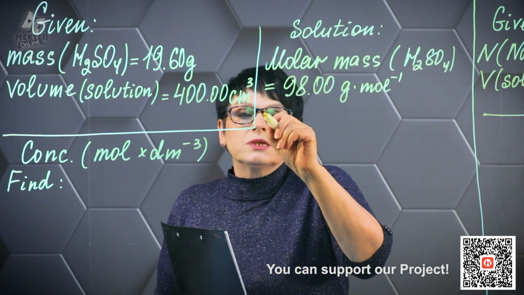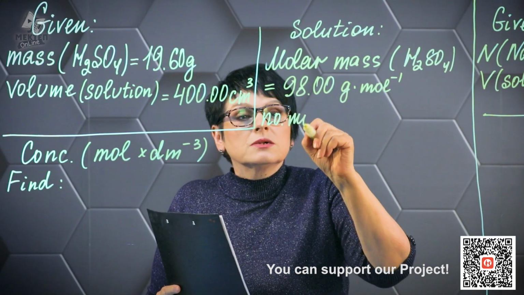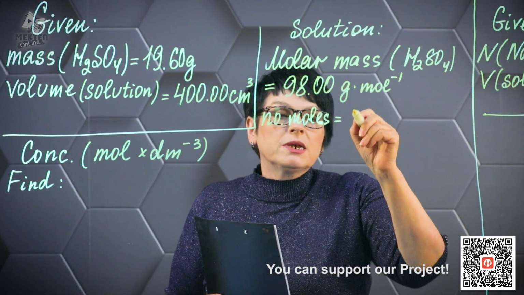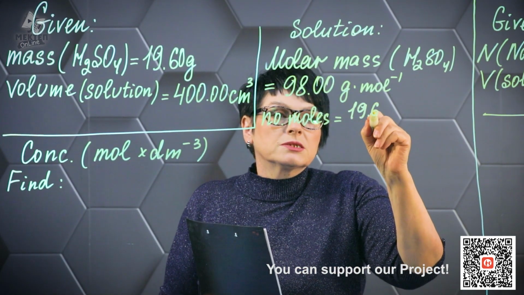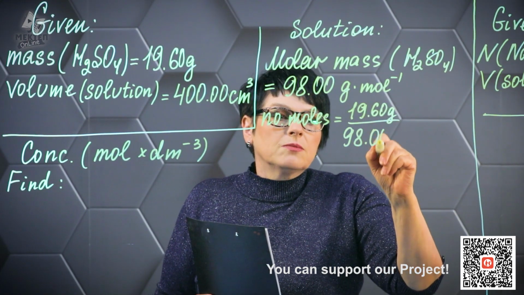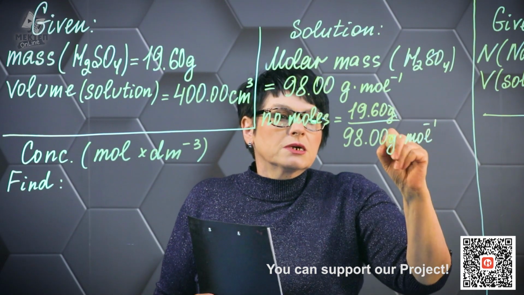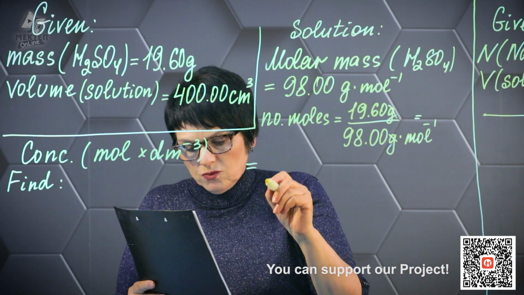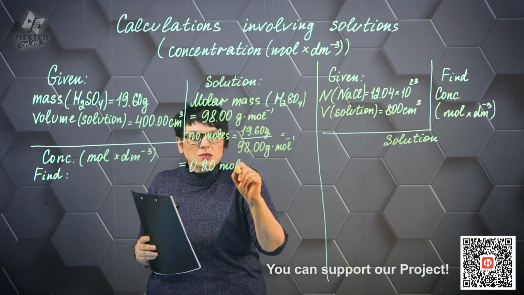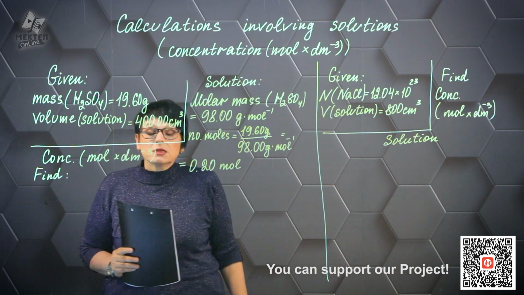Now we have to find the number of moles. Respectively, we will divide the mass of sulfuric acid by the molar mass. That would be 19.6 grams divided by 98 grams per mole. And accordingly, grams and grams will be reduced, and the number of moles we get is 0.2 moles. Now we need to find the concentration, but let's see, we have the volume